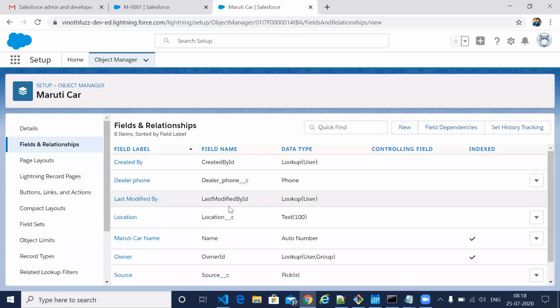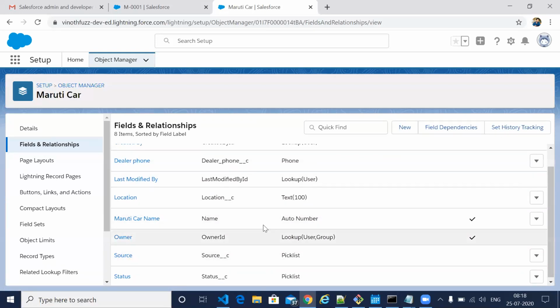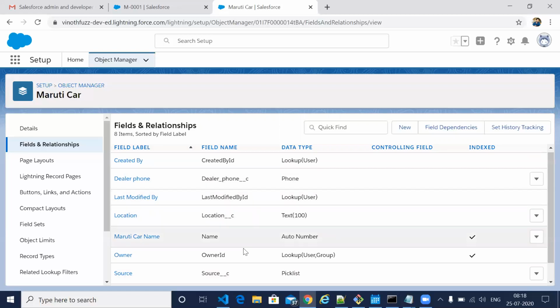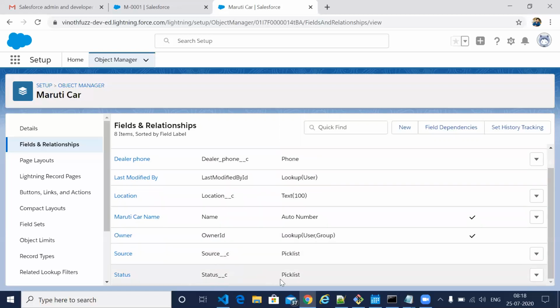Okay, so I just created two more extra fields here: one is for pick list, one is an extra phone number, and status.